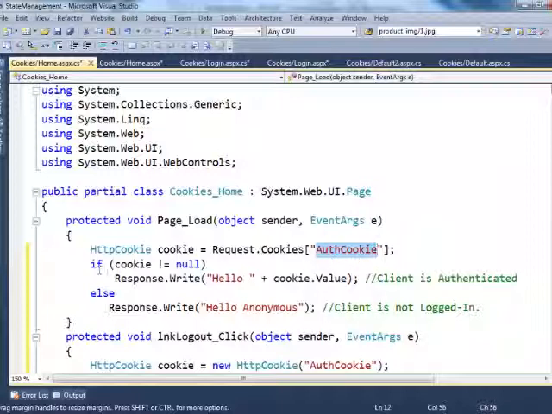Okay, if cookie not equals to null, obviously when we select the checkbox in the previous page, it will not be null. If it is not equals to null, response dot write hello, the value of that cookie, which means client is authenticated. Else response dot write hello anonymous, unknown or unauthorized user, client is not logged in, like that, in the page load event.